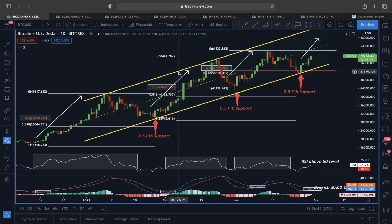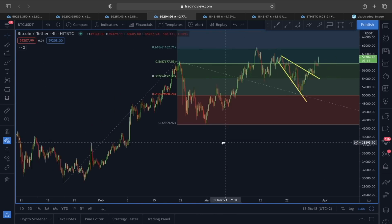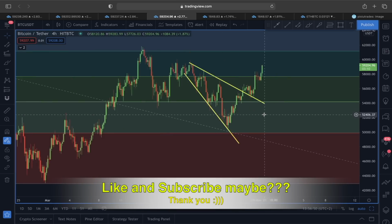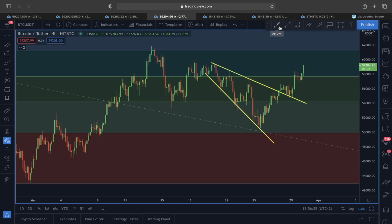And let me also show you very quickly in a short time frame which price target level we are looking at this current stage, because if you look at this price structure here in a 4-hour time frame, you can see we did talk about this descending broadening wedge scenario playing out for Bitcoin. I said, you guys, if you monitor this price movement along with this descending broadening wedge scenario that was playing out for Bitcoin,